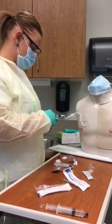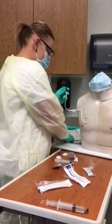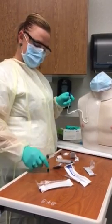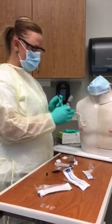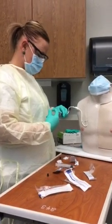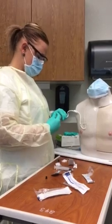That flushes great. Okay, and the last thing I'm going to do is flush it with 5 ml of heparin. This helps with your blood not clotting in the line. Okay. Don't want any blood clots. No, we don't. Push pause method. Alright. Now that we're done with that,